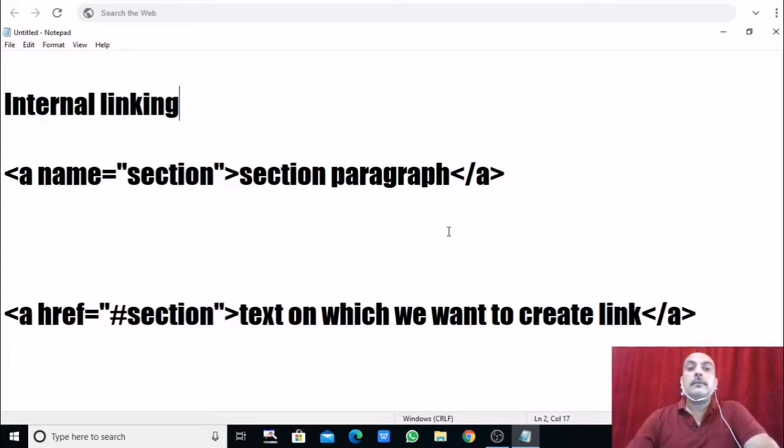So here the main thing is how we can create an internal link. To create an internal link, again we use the anchor tag only, that is a. While creating an internal link, we need to define two attributes of the a tag, right? One is name, and the other one is href, which we have already used, a very common one, right? So name,